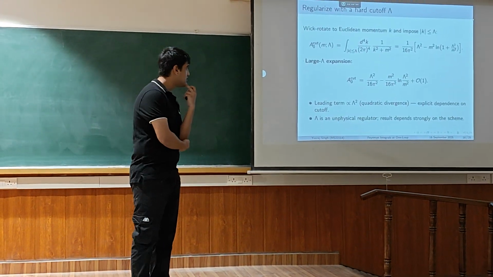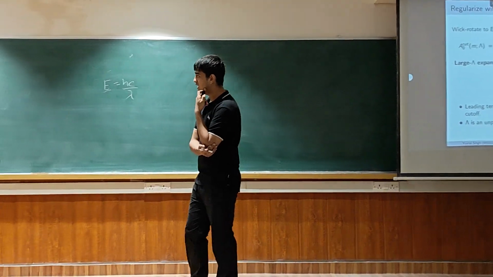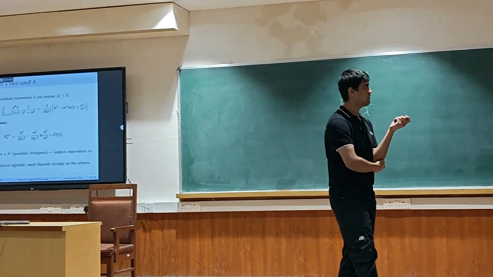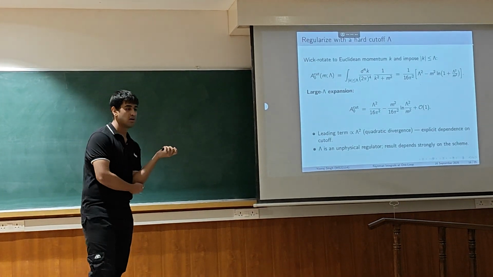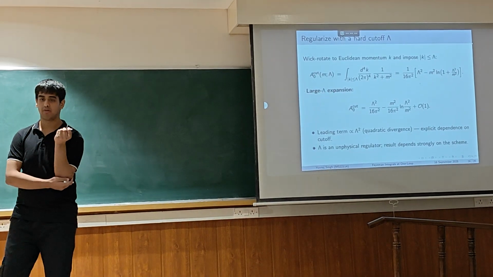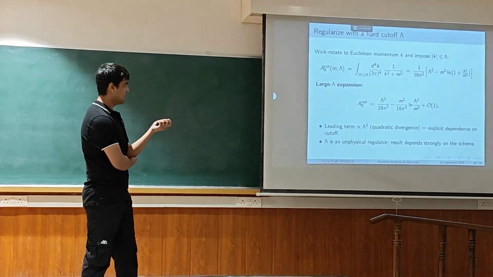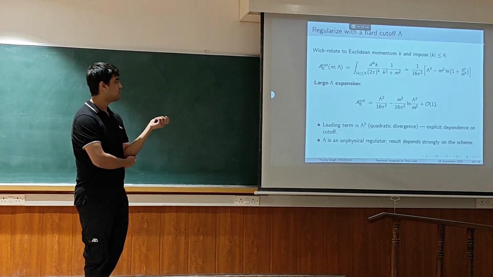Now to tackle these divergences, we need to regularize our integral. There are many ways to do it. The first proposed way was this. We just define a cutoff for our momentum, like a highest point it can reach, above which it is out of our domain. So we perform this integral. I have just written the integral that we get after doing all that.